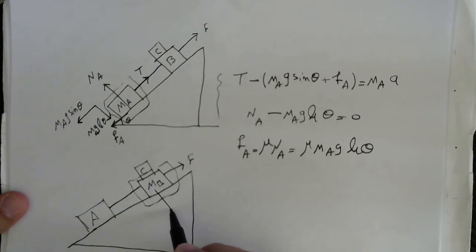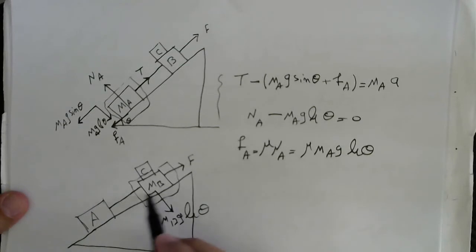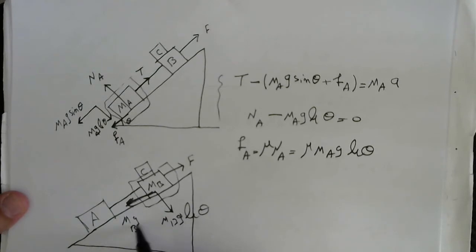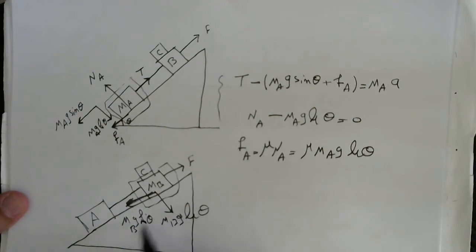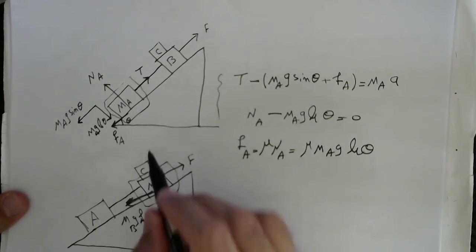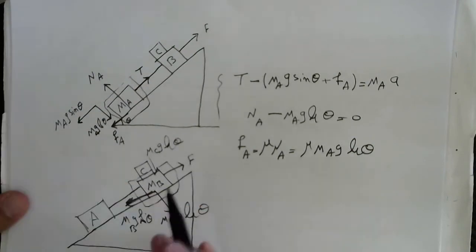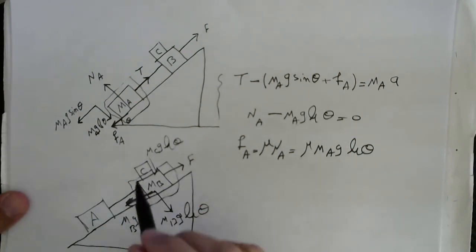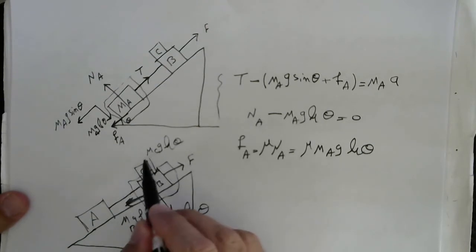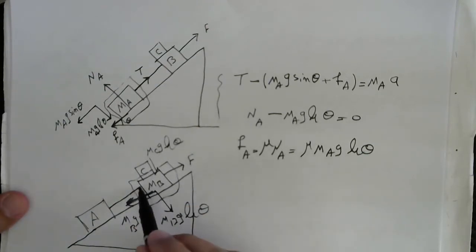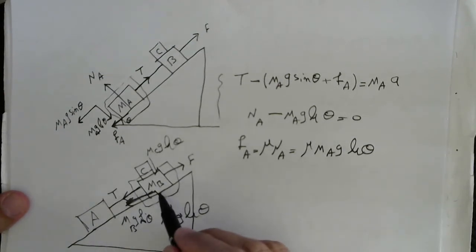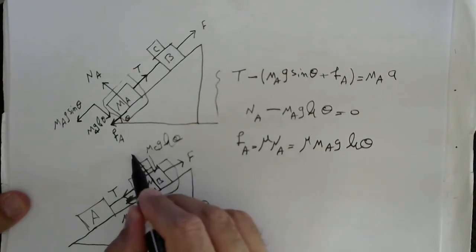So again, here you have m_B g cosine theta and m_B g sine theta. Then you have m_C g cosine theta, the part of the mass of C pressing on the surface of B, and also you have T,